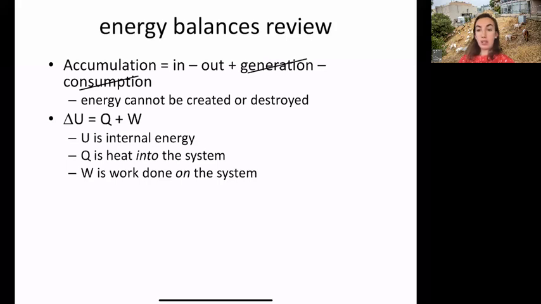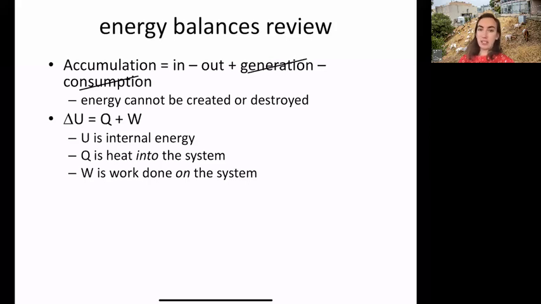The change in internal energy, which all that means is that we're not worrying about potential energy. We're not worrying about our chemical reactor being on a train and having some kinetic energy because the train is speeding up. We're really worrying about the internal energy of the actual species in our system. So,